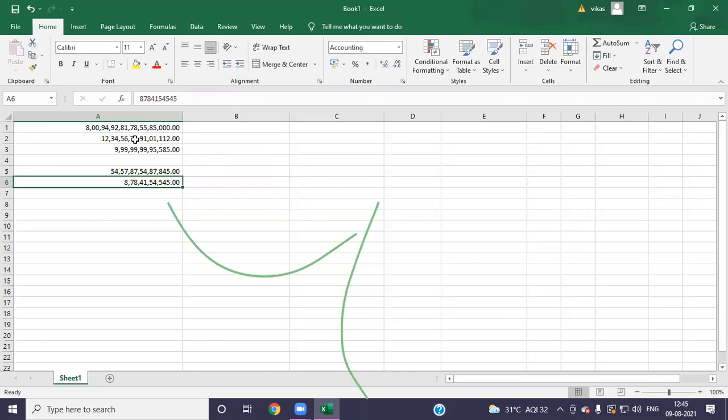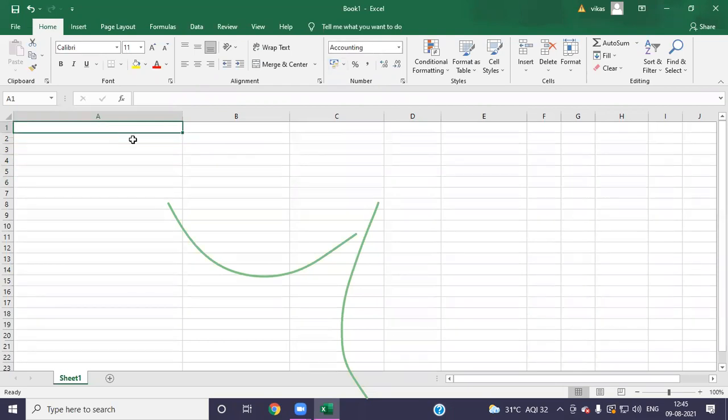Sometimes we have to represent very big values that we are not going to use in our calculations or additions. So we have to make those values text. And how we will do it, I will tell you. Here we have to write the first comma, and then type all the values. Enter. Look here. It is represented in the form of text.